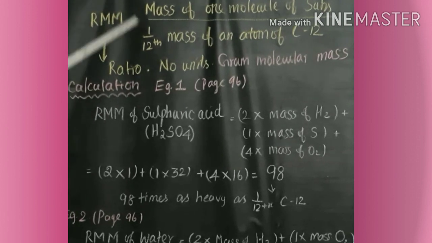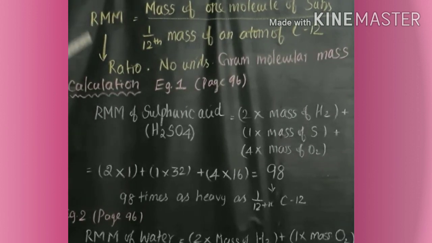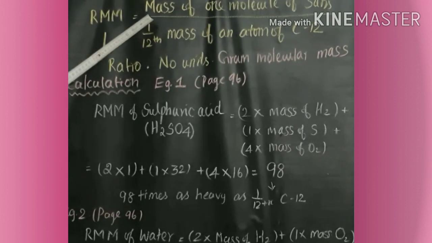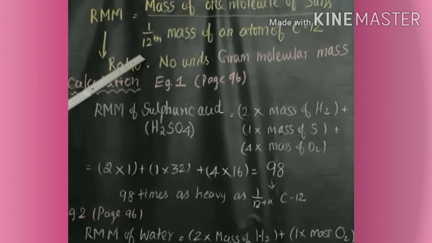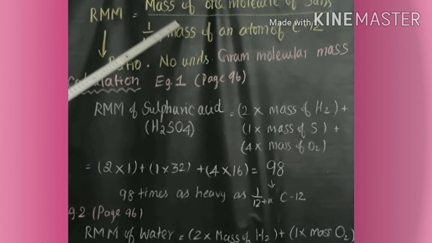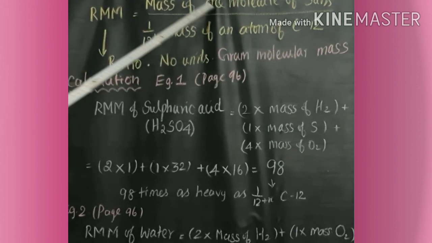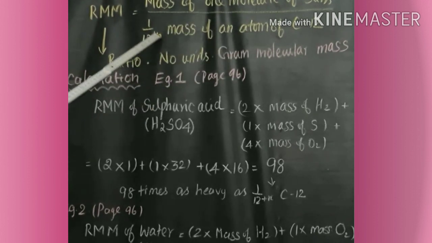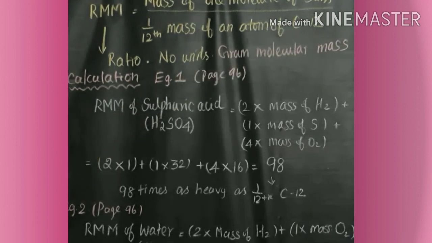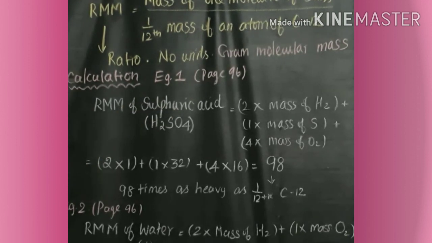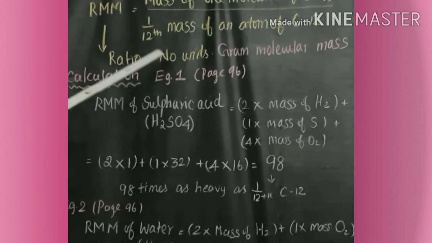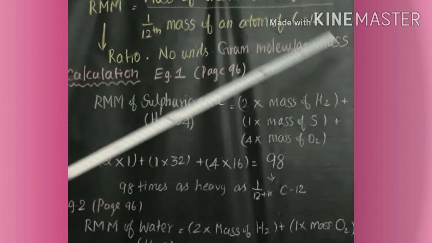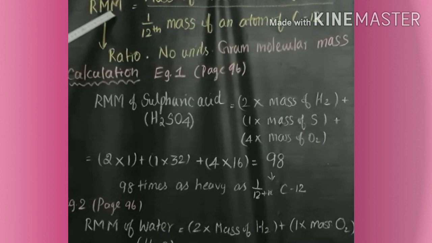1 by 12th part, that is nothing but 1 amu. We have seen a circle divided into 12 parts. In the circle we are taking a single part from the 12 parts. So the single part is 1. The whole circle is divided into 12 parts, and we take 1 by 12th part. So 1 divided by 1 is almost equal to 1. So the mass of one molecule of the substance is divided by 1, that is equal to 1 by 12th the mass of an atom of C12. I think you may be clear about this. Since it is a ratio, it has no units. So it can be expressed in the form of gram molecular mass. Gram molecular mass is nothing but relative molecular mass.